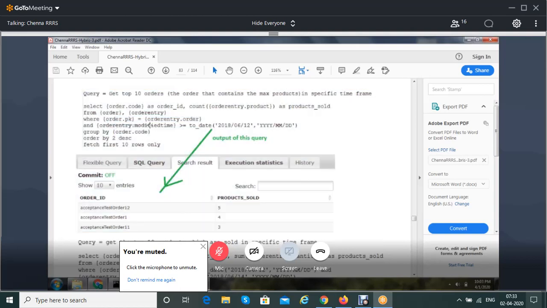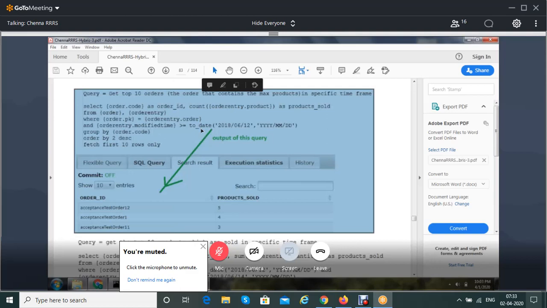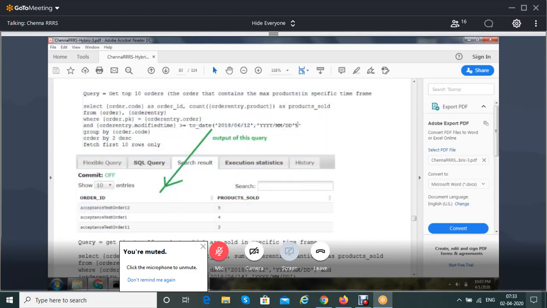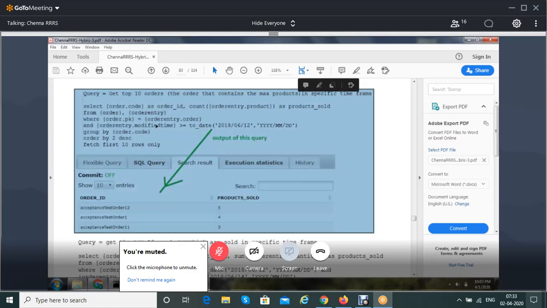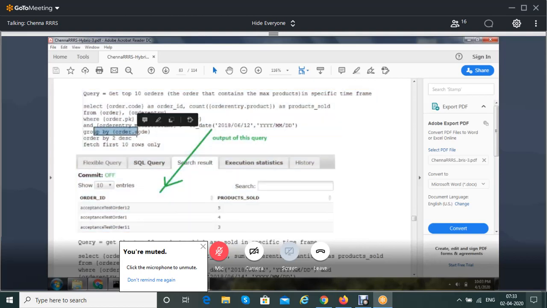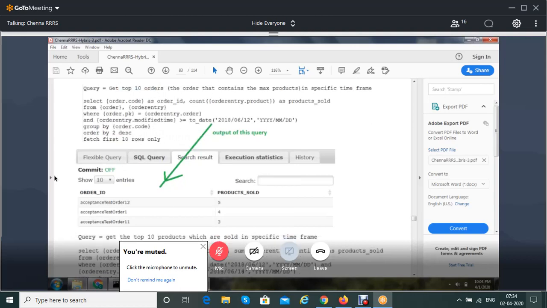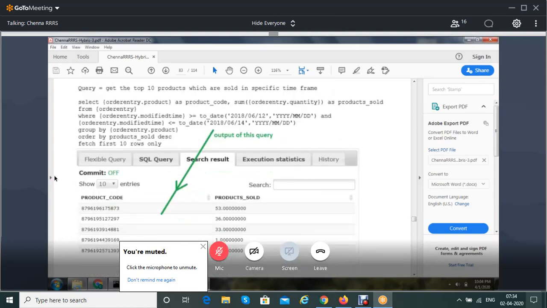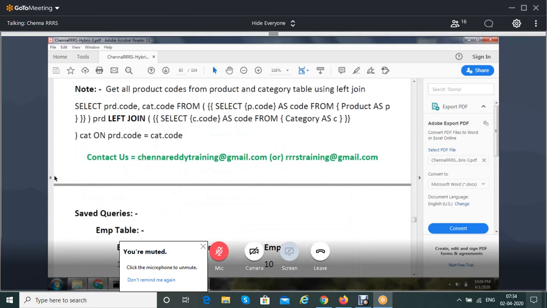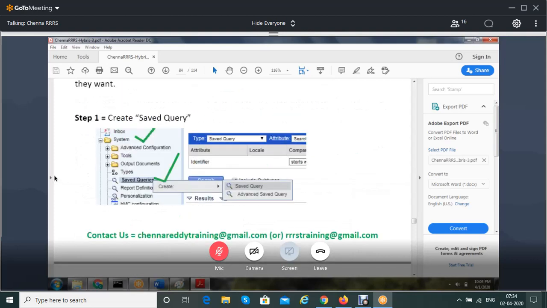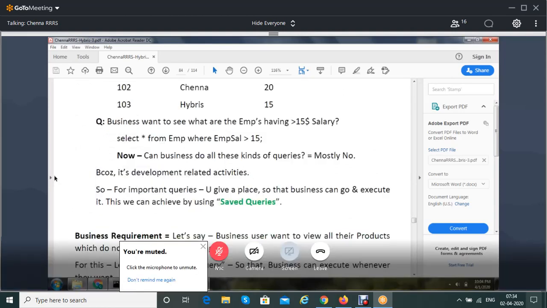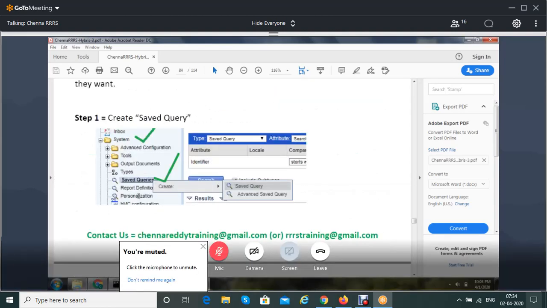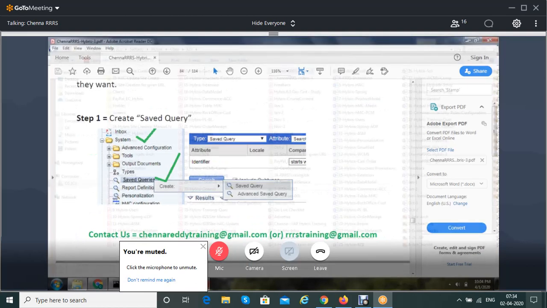Then I find the modified date, because I want it for a day. That modified date should be the date you want. Once you get it, you can group by, then order by, and say you want only the first 10 records, so fetch first 10 records. If you want a specific time period, you can also mention it. Like this, we can use different SQL statements and so on.